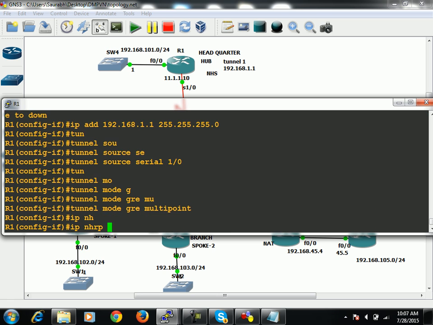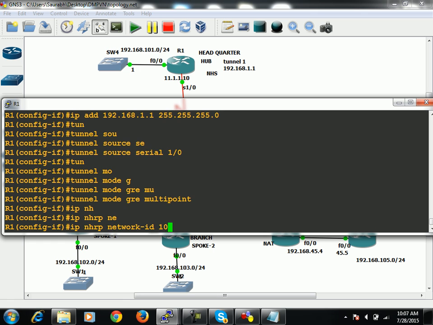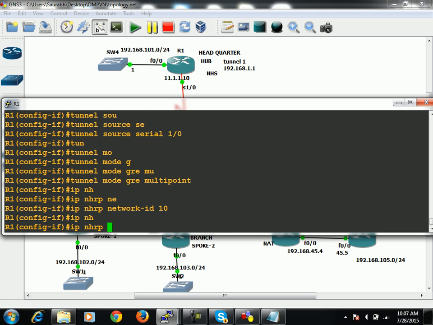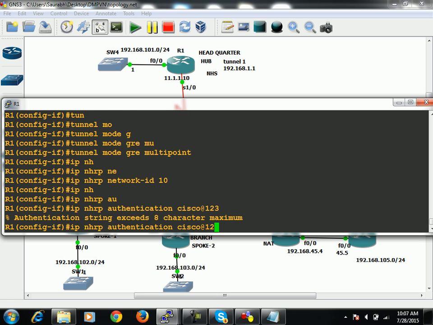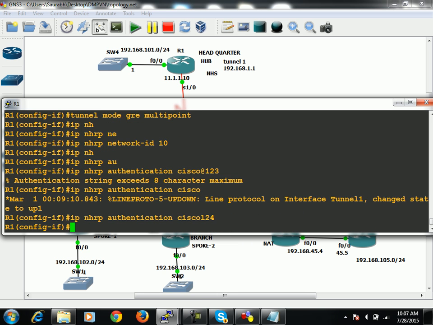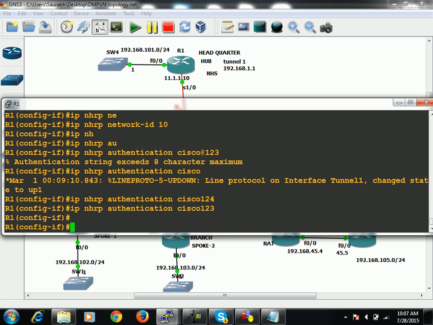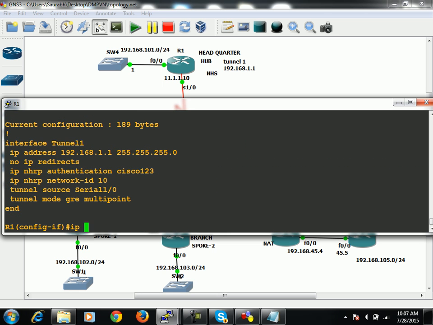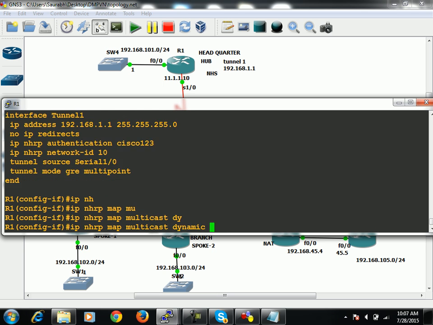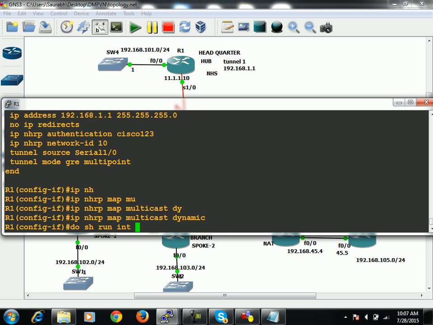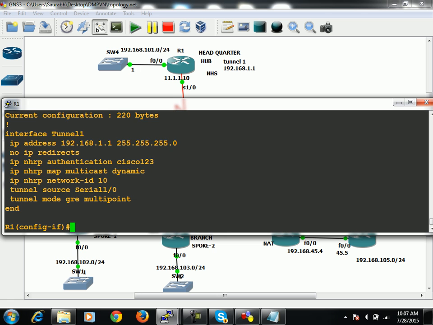And then you will say IP NHRP network ID, let's say it is 10. Then IP NHRP authentication is going to be Cisco123. Then IP NHRP map multicast dynamic. Do show run interface tunnel 1, and along with that